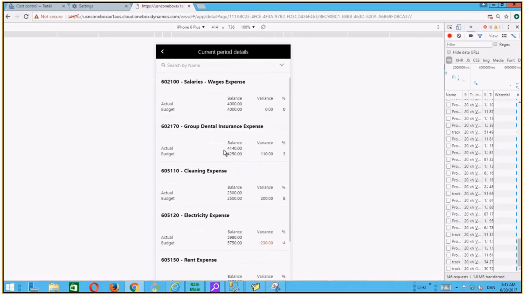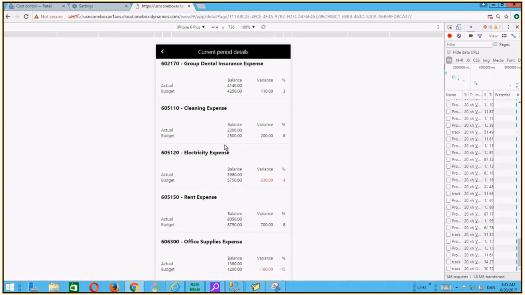So this is actually the device of choice. I can use the web client to get much more detailed information, because when she drills in, she can see much more detail than we can on the mobile. But on the mobile, I can on a quick turn see the numbers, get an idea if I'm above or below my budget per period, year to date, or I can drill in and see very fast on which account I need to be careful about spending. If an employee comes and asks me in the hallway, hey, can I purchase this? I can very quickly go in and see if our cost center or cost centers are above the budget on this classification of expenditure.